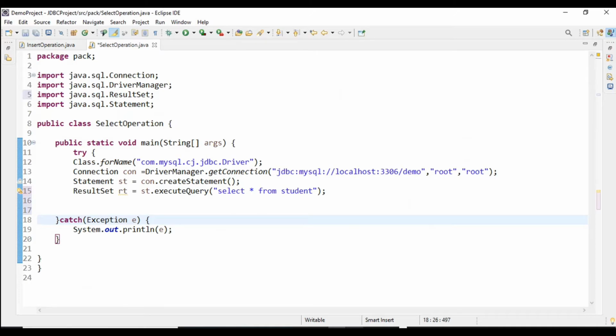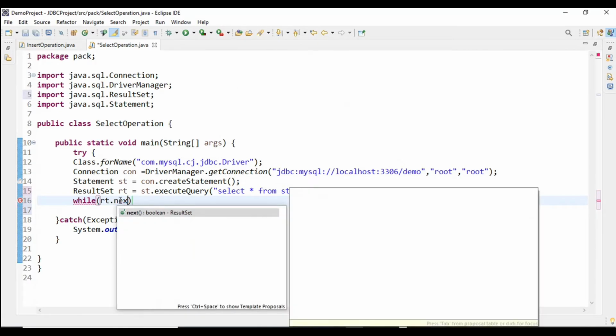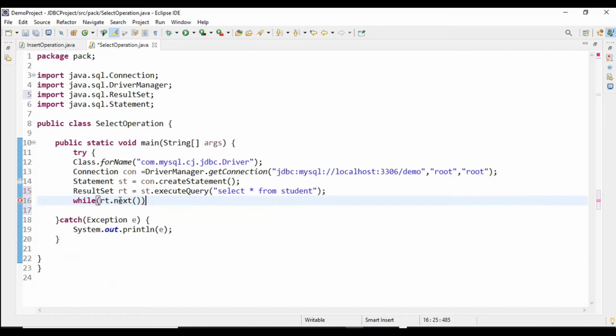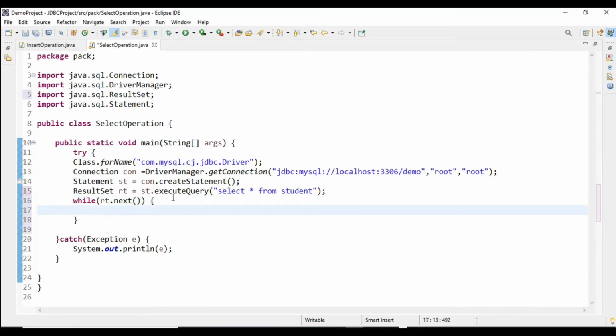Back to the program. This method will return a result set object, and now I will retrieve the data from this object one by one. This is the method which returns boolean.